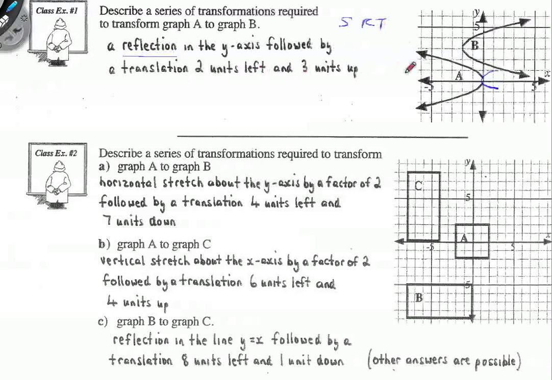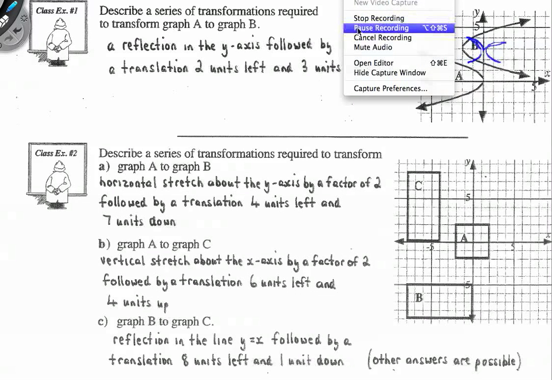SRT. If I had done the translation first, I think we would have ended up, say, here. Let's clear this first. I would have ended up, say, up here. Then I would have to reflect, and I would get here, and then I would do the translation. So I guess you could do it. This looks like you can do this particular reflection and translation in different orders, but be careful. Sometimes it does not work. Okay,